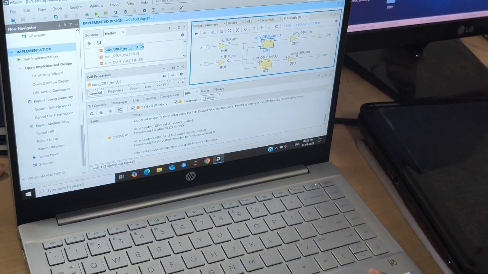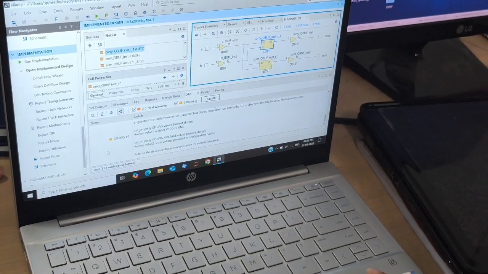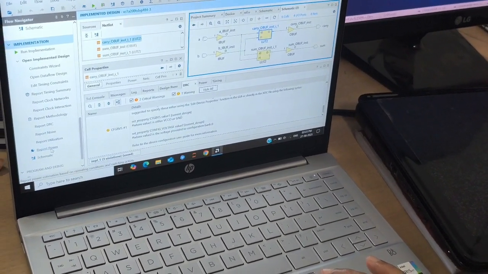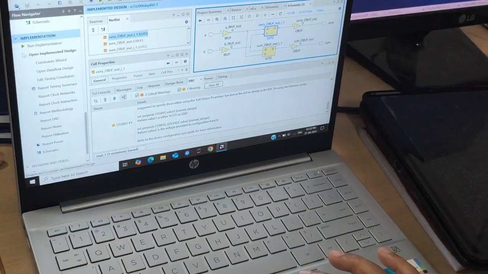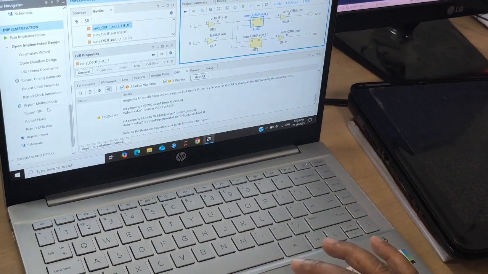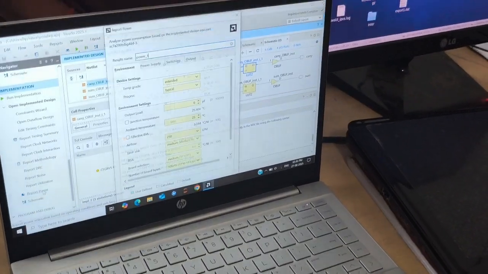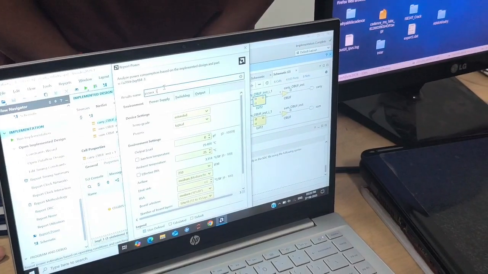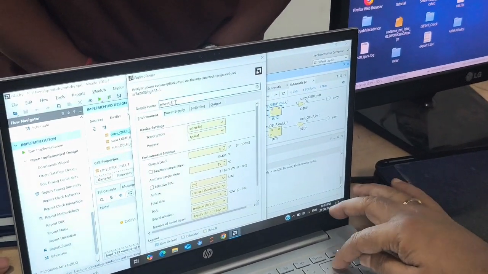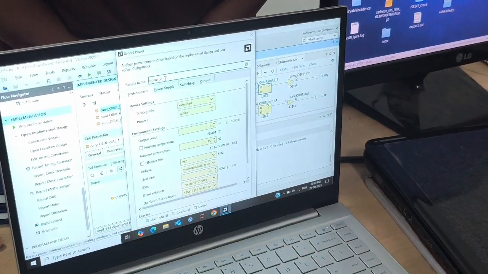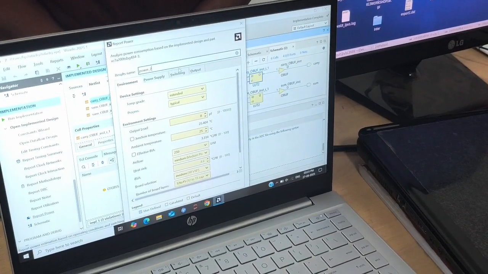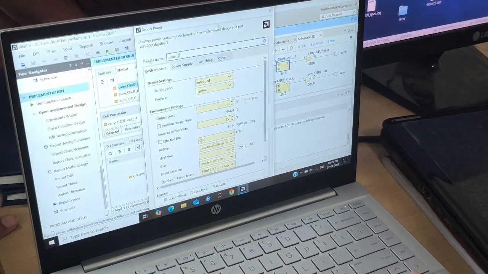And now the power timing. Again you see the report power after implementation. In the run implementation column, there is a report power. Now again report power, and again this will be the power. Suppose you give power 2 profile, because power 1 we have already created, the first one. Now in this one you